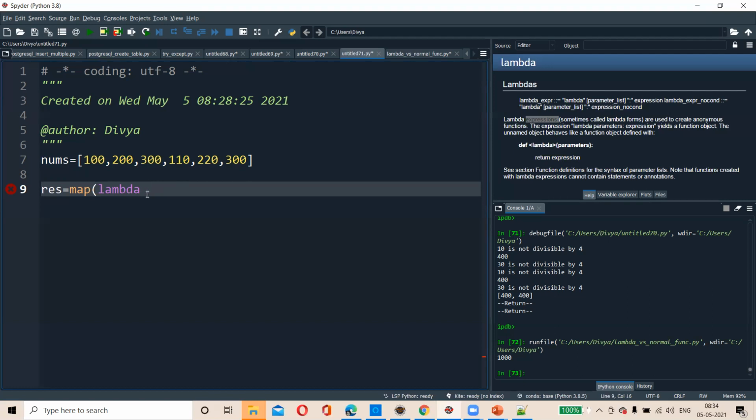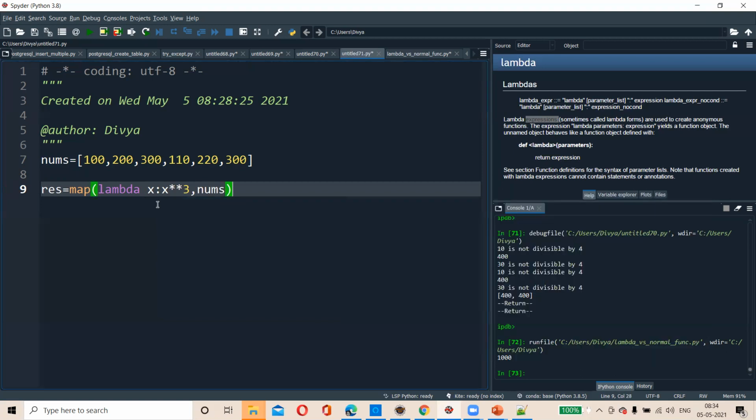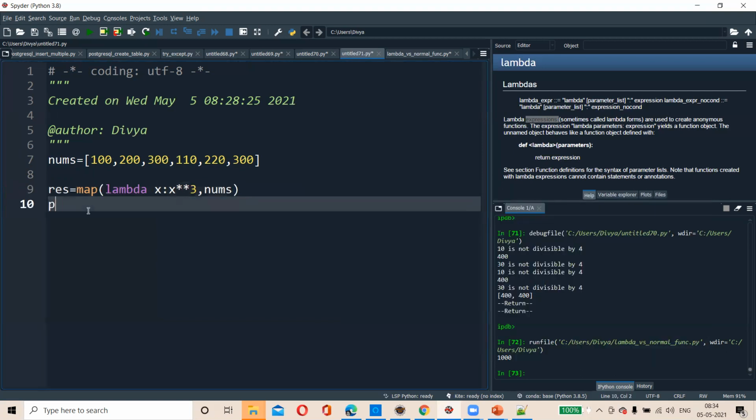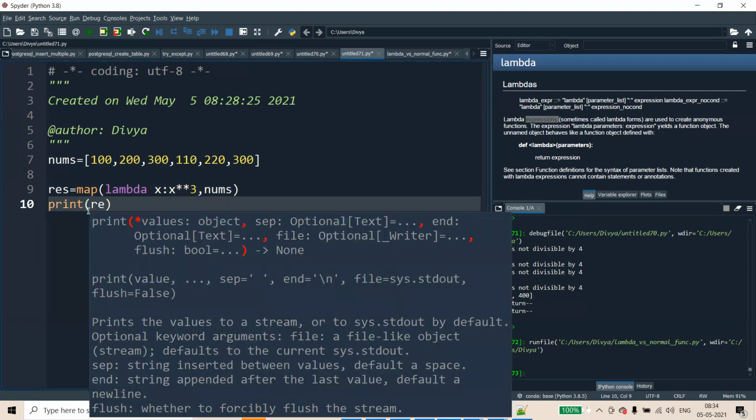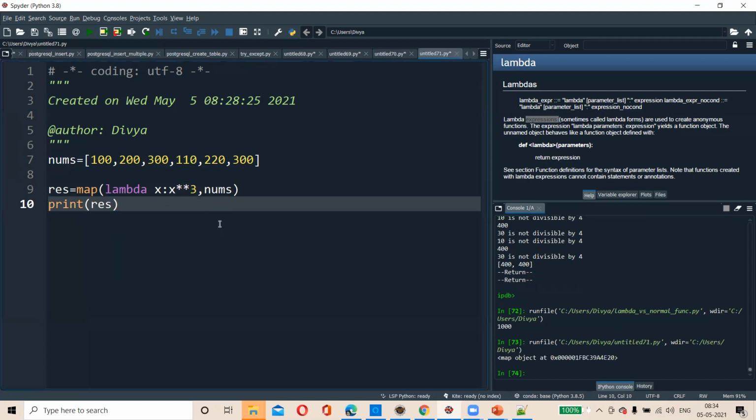The same expression applies: for every value we take the cube of that number, for the list nums. Now if you print this, it will give you a map of values, an object.